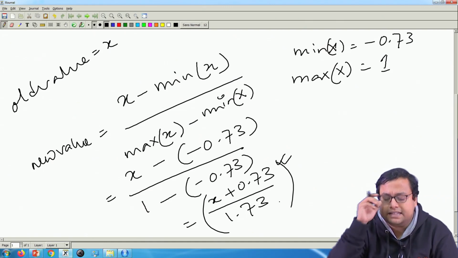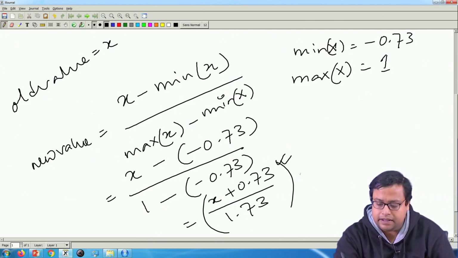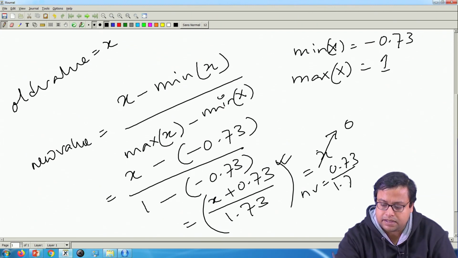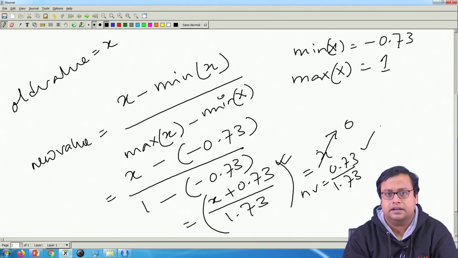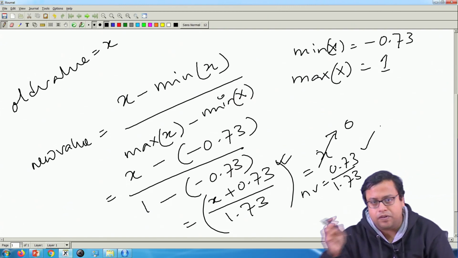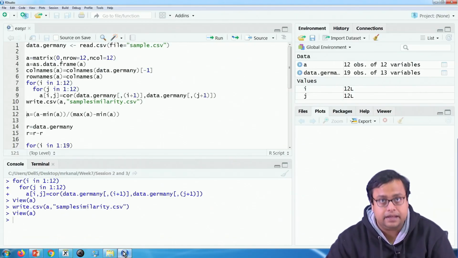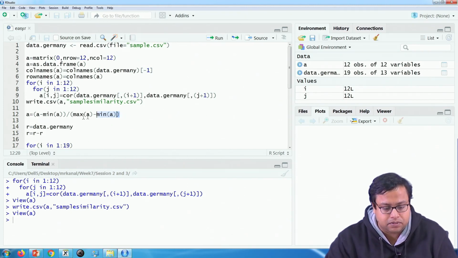If x's value is 0, something in between, then when x is equal to 0, this new value will be 0.73 by 1.73 or something like that, whatever value comes here. So, it is now covered between 0 and 1. I am putting them into 0 and 1.